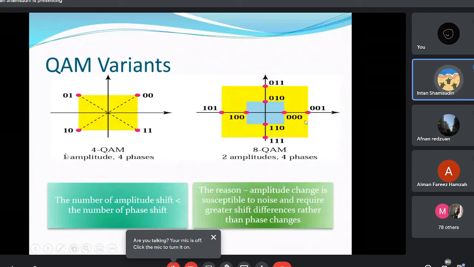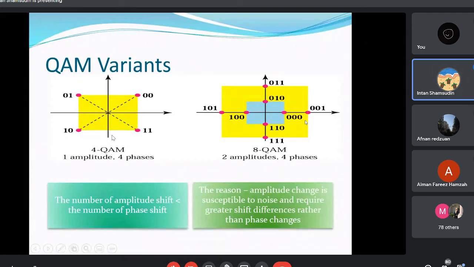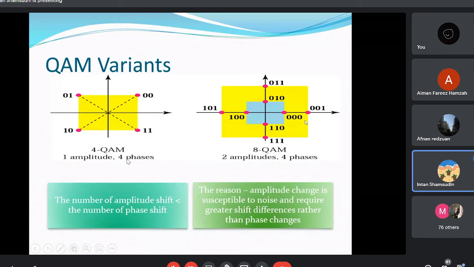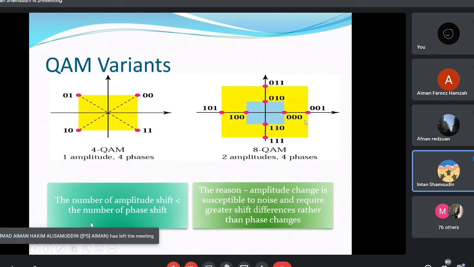Okay, ni kalau you tengok 1 amplitude. Amplitude tu yang 1 volt ke 2 volt ke, okay. This one is amplitude, right. 4 phase, okay. Satu phase 1, 0, 0. And then ada 90, 180 and 270, right. Okay, the number of amplitude shift, this one is the number of phase less than the number of